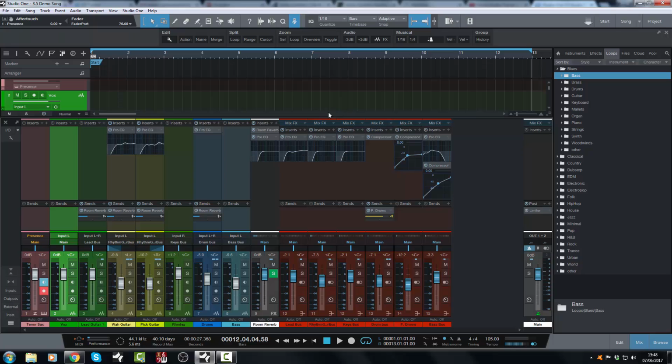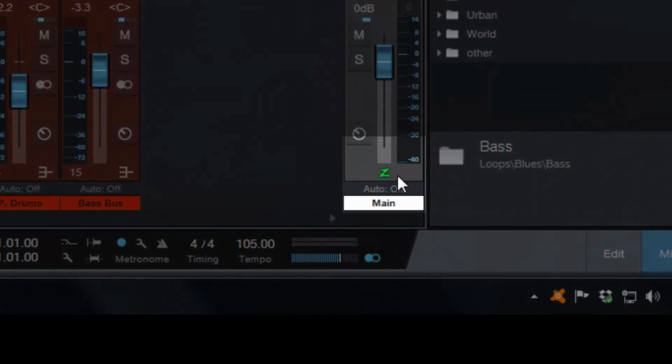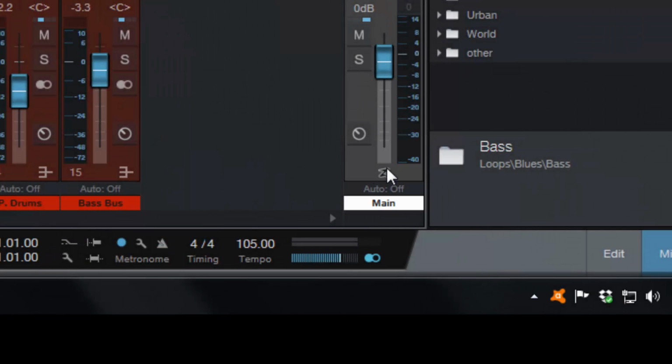Okay, so let's look at it a little bit in detail. First of all, I'm going to turn this green Z off. This is new, that you will not have seen before. And that's the indicator that shows that low latency monitoring is switched on. If it's green, it's native low latency. If it's blue, then it will be hardware DSP low latency. So for example, if you have